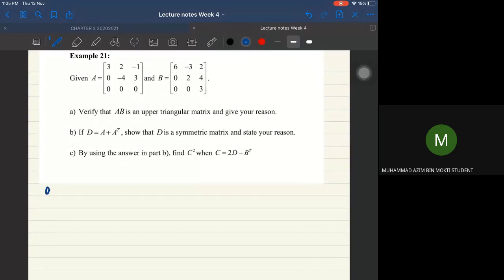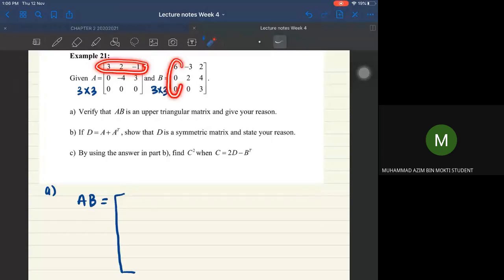Okay, so matrix A adalah 3 by 3. Matrix B 3 by 3. So, you tahu the end product of AB mesti 3 by 3. Okay, so macam mana nak buat darab matrix ni? The first row